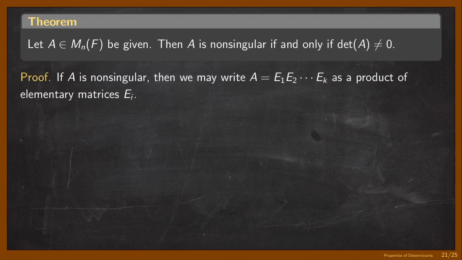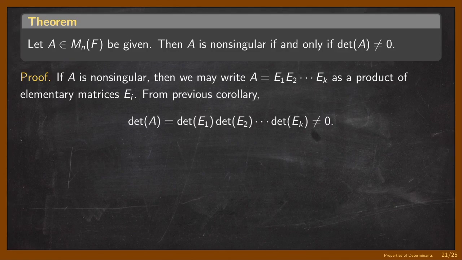If A is non-singular, by the way, by a previous theorem, it is a product of elementary matrices. Using the previous corollary, the determinant of A is simply the product of the determinants of E1, E2, up to Ek. But remember that each one of these determinants is not zero because each one is an elementary matrix, so none of these is zero, so the product is not zero. So the determinant of A is not zero. Conversely,